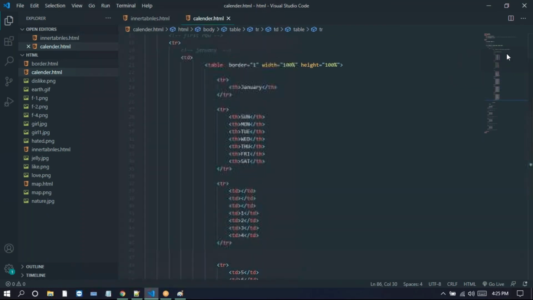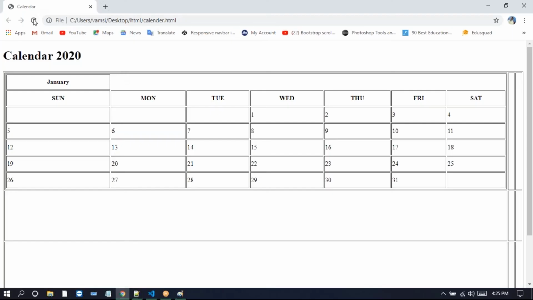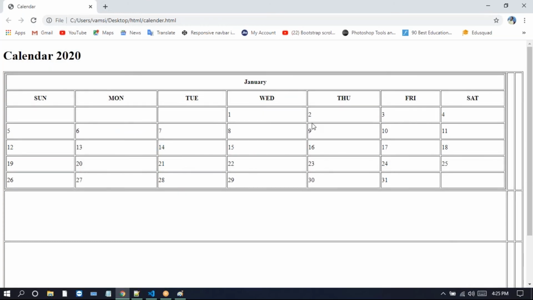Now here, look at this one, they're having center here. So colspan 7. Now we need to center this text, so we can do it with text-align center. Just like this, we just created the calendar for January. So like this we can create the calendar for all the months.